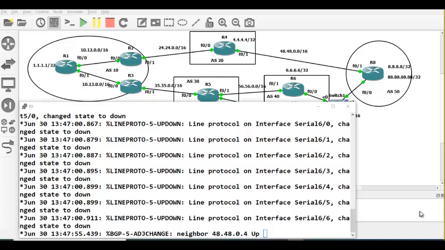Earlier in our BGP attribute hands-on, what we saw is where to use MED. The best answer is whenever you have dual homing. For example,